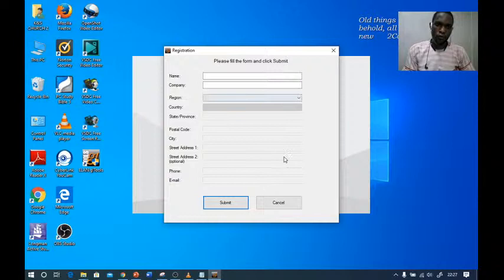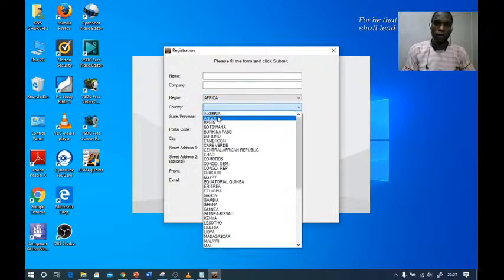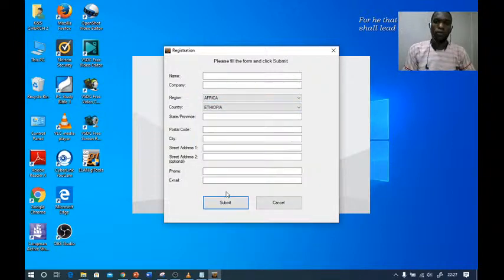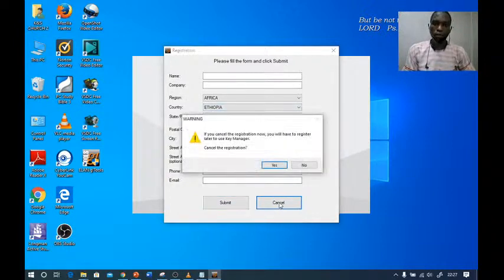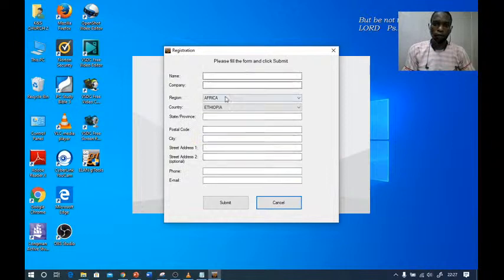Well, it's not compulsory that you do this. But if you feel like filling it, just fill in your name, your company name, then you submit. If you want, you can do that. But if you don't want to, you can just easily cancel it. But it's good you register for it.